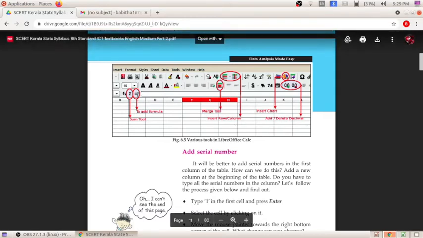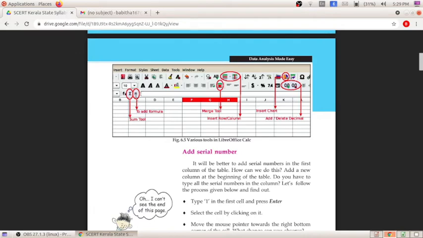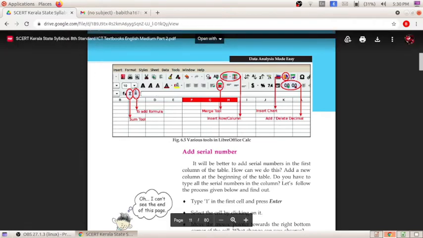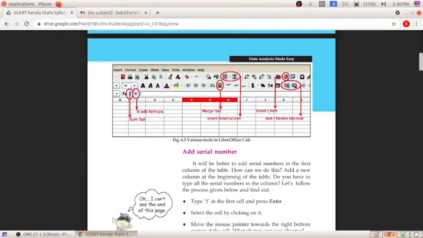Here, this equal to icon is the tool to add a formula or an equation. And here you can see one tool known as sigma, which is the sum tool.